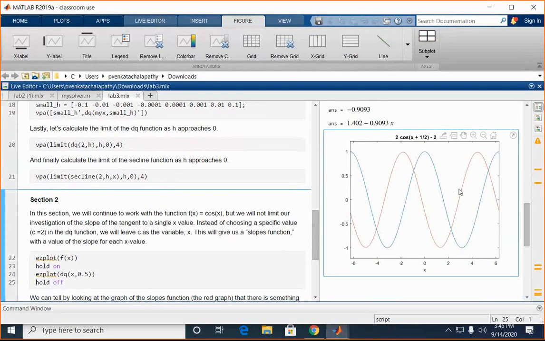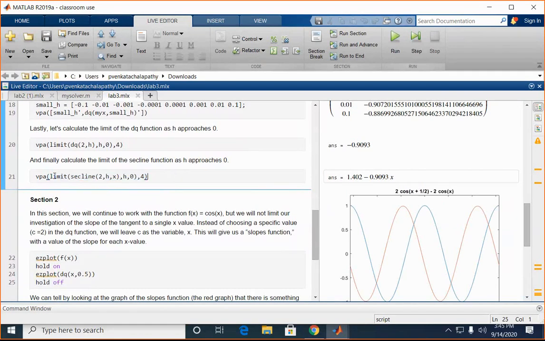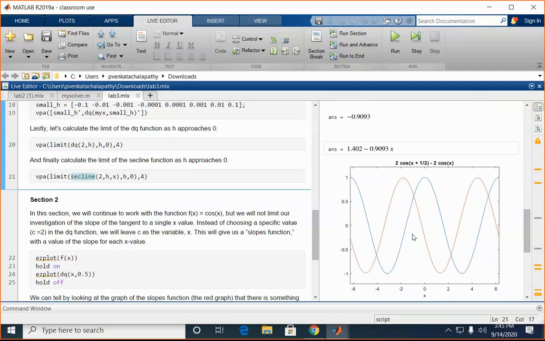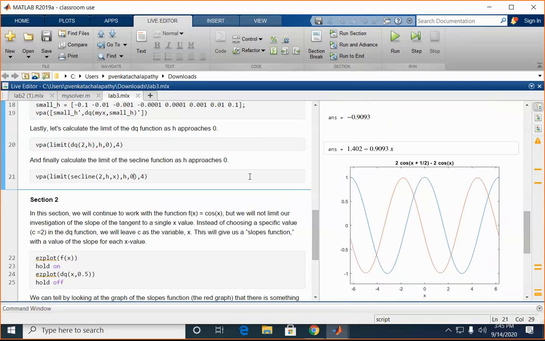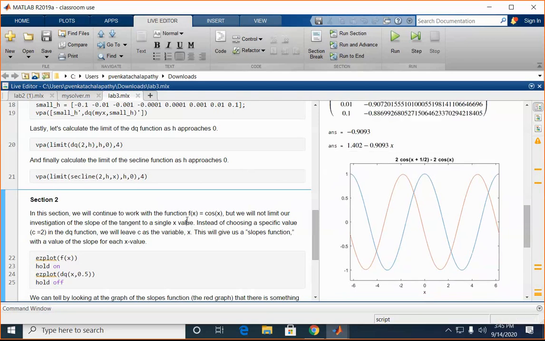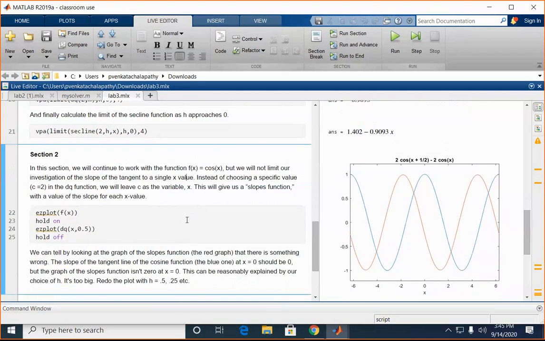This will be the graph for that. What you have is a tangent line, actually a tangent line using the secant line. The command used here is the secant line, but this is your tangent line. Why? Because the secant line is approaching 0. When the secant line approaches 0, you get a tangent line. That is how you find the slope of your tangent using the secant line. This is one method. And the last method is